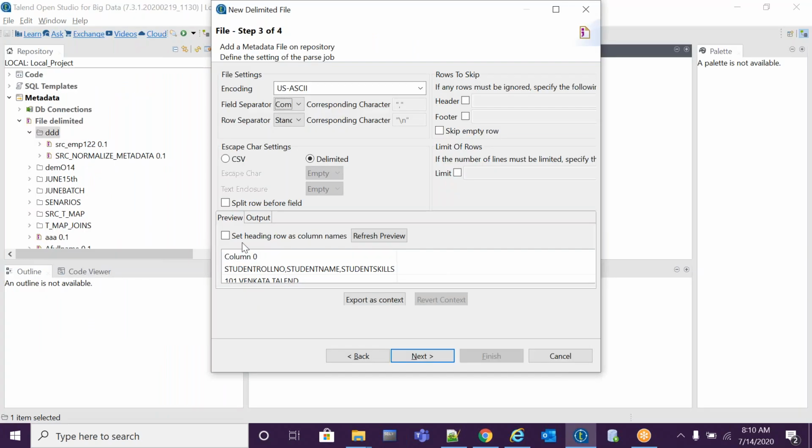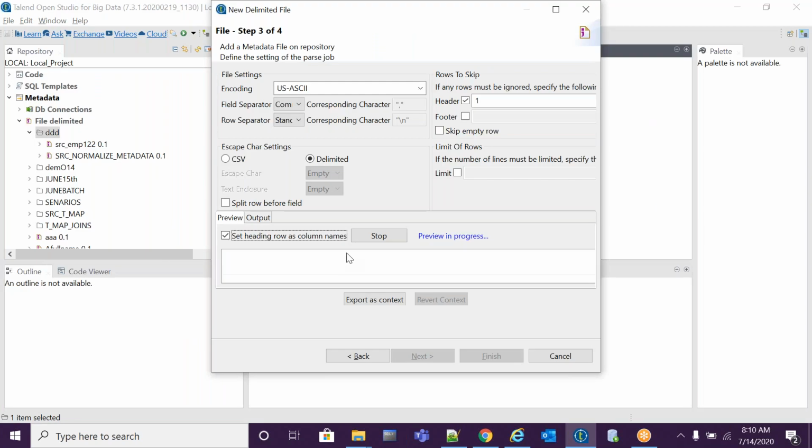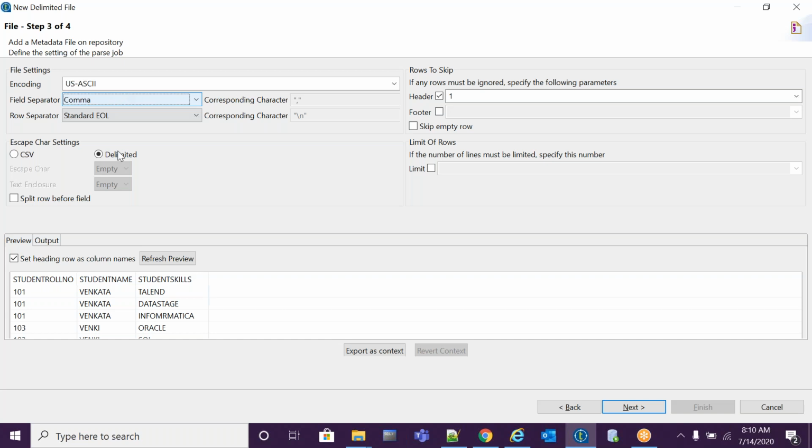I have a header in my file, so I'm selecting set heading row as column names. Refresh the preview. Is there any footer? No footer. After selecting the field separator and header, this is the actual data. Click on next.